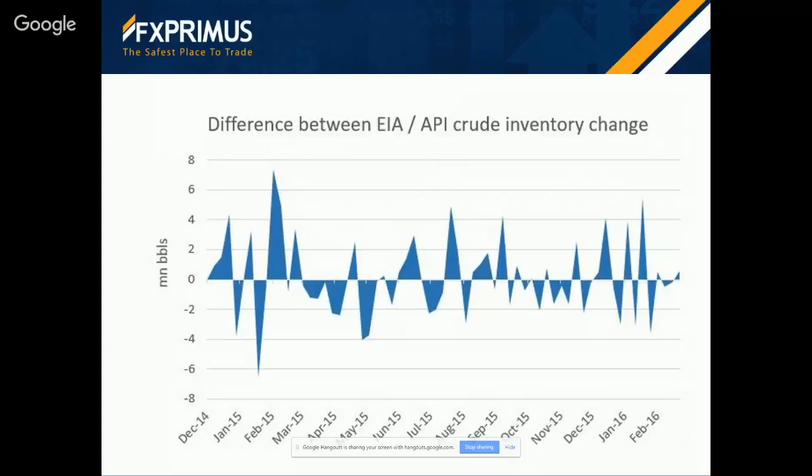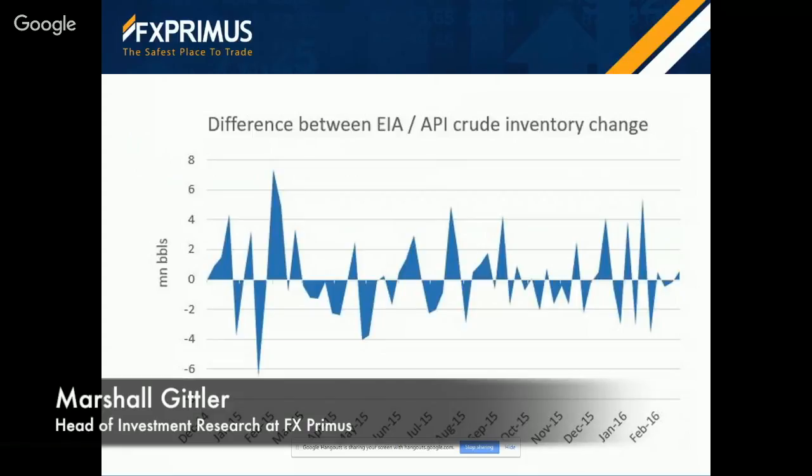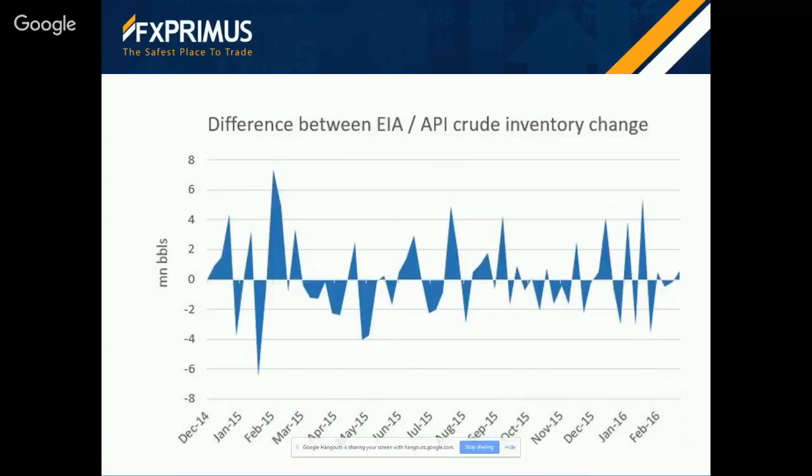The EIA data also includes initial estimates for U.S. oil production. More accurate figures are available sometime later when the monthly numbers come out. This is very important. I'll discuss it later. Now, the API and EIA figures usually match in direction, but not necessarily in magnitude. From 2015 until March, they were the same direction 86% of the time. So once every 7 weeks, more or less, they were different. But for magnitude, the two differed by over 1 million barrels 60% of the time, and by over 3 million barrels 24% of the time. So there can be a big difference there.